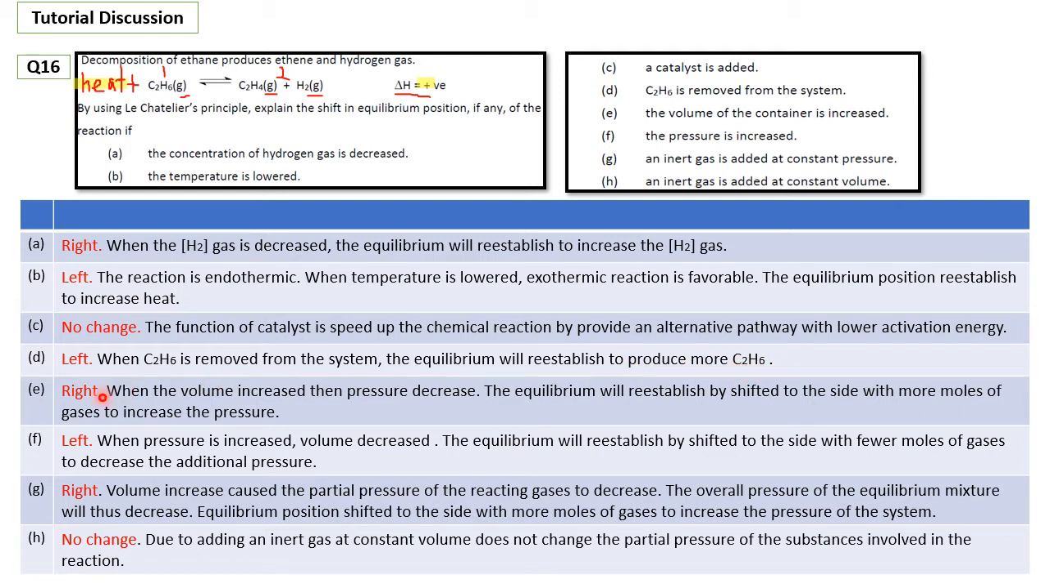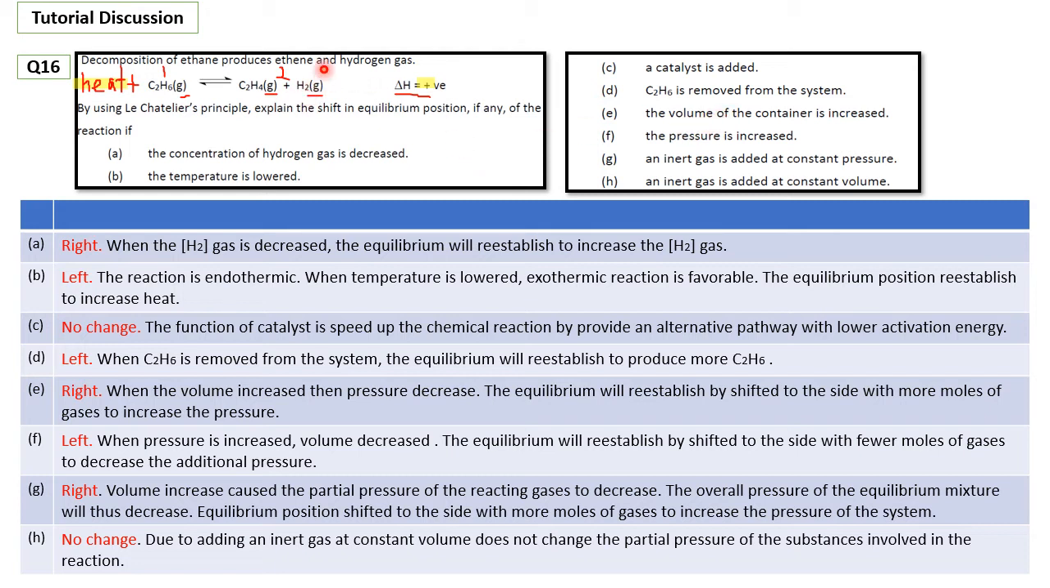Okay, now E. Okay, E, volume increase means pressure decrease. F, pressure is increased, volume is decreased, meaning that E and F are different. One is about volume increase, pressure decrease, and then F is about pressure increase, volume decrease. As we know, we have to check for the number of moles. Okay, when volume increases,